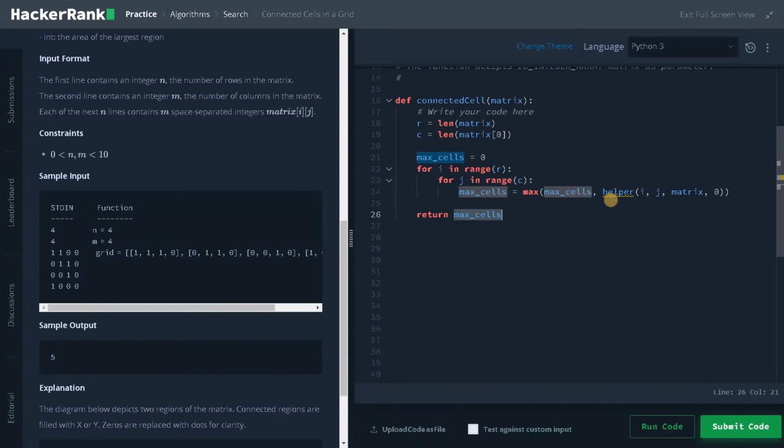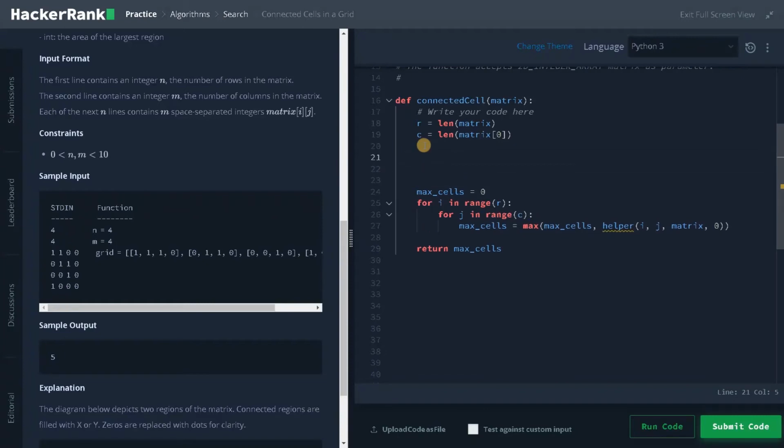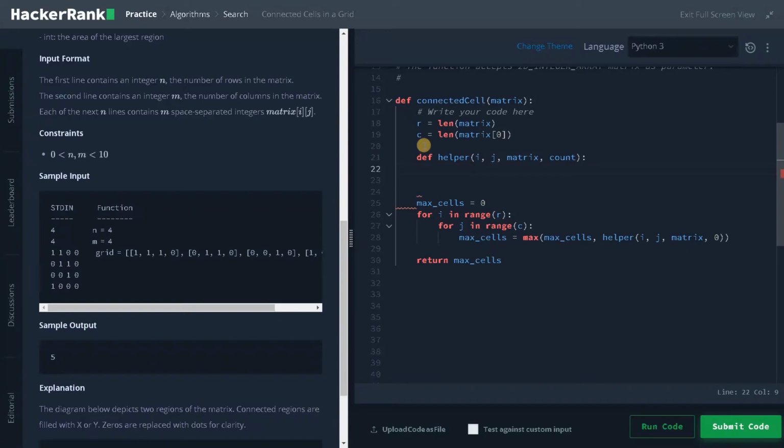Now we have to define this helper function. So I am going to define the helper function here, def helper. Here I will use the index i comma j and matrix, and let's say count, that is the number of cells.